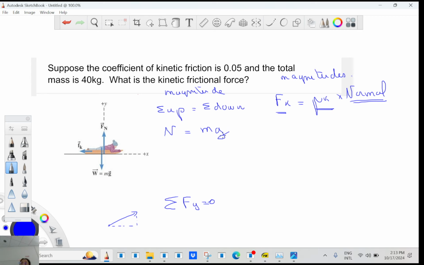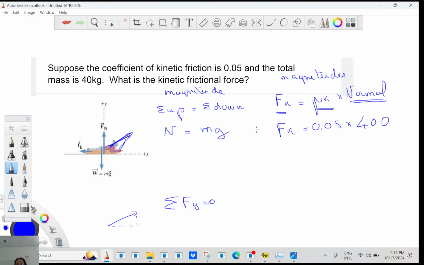But it doesn't have to be the case, because if I pull in this direction, if I lift a little bit, then the normal force will not be equal to the weight. Remember, we discussed that if you lift something, the weight will be less. So the normal force will be less, the apparent weight. So anyway, in that case, kinetic friction will be 0.05 times the weight,